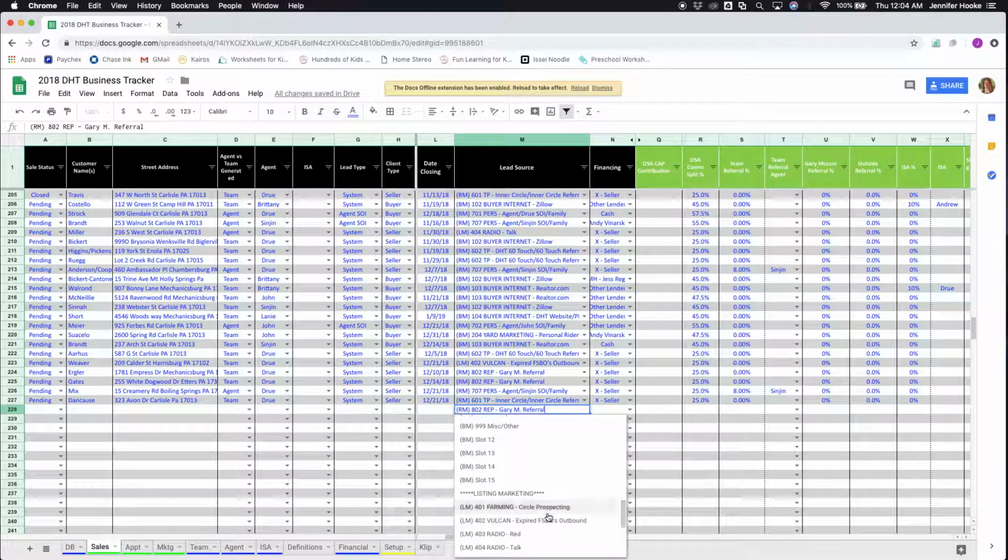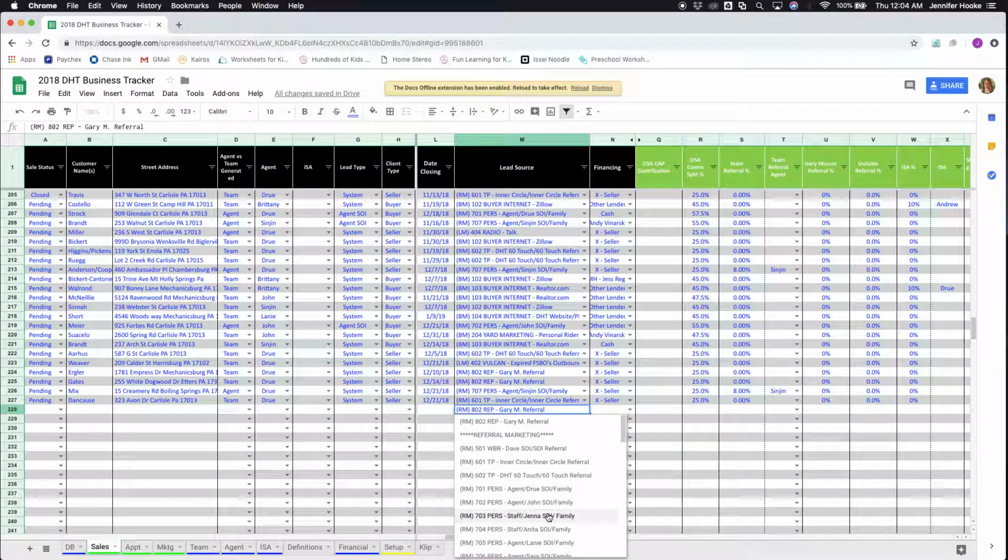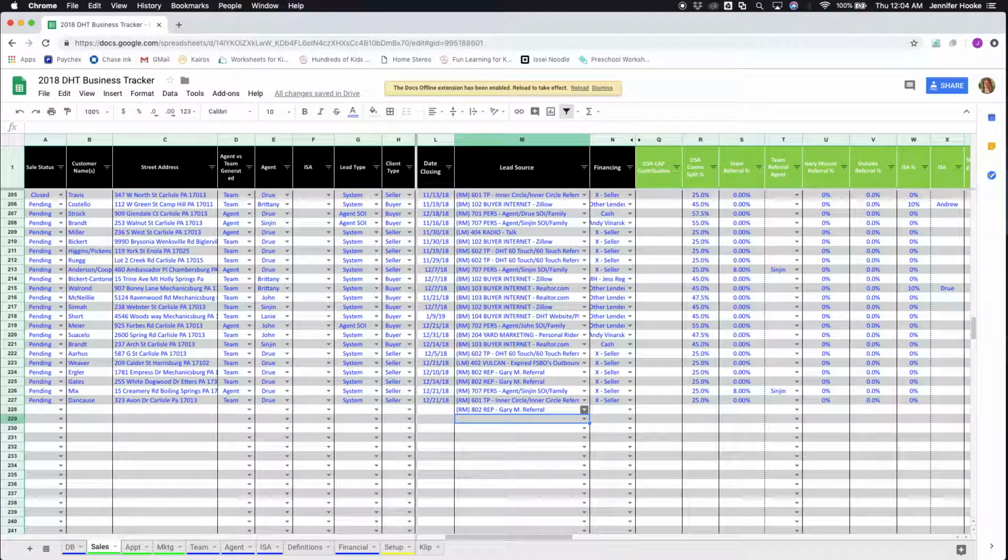Hang on a second. I don't know why that's not changed. Oh, it's because the formula's not there. Never mind. So we have to make sure that that formula